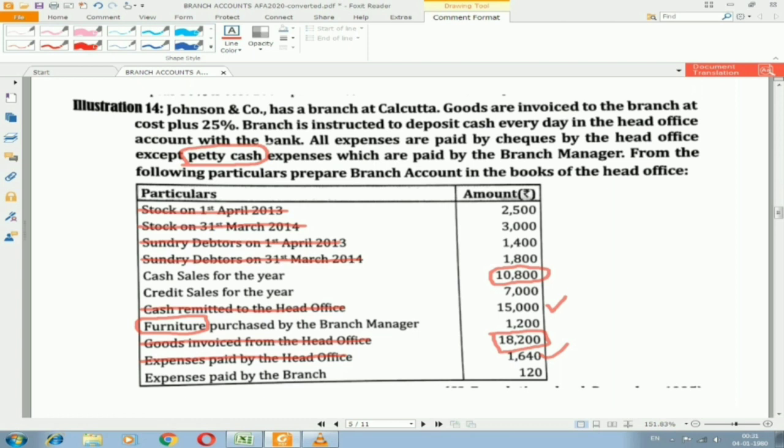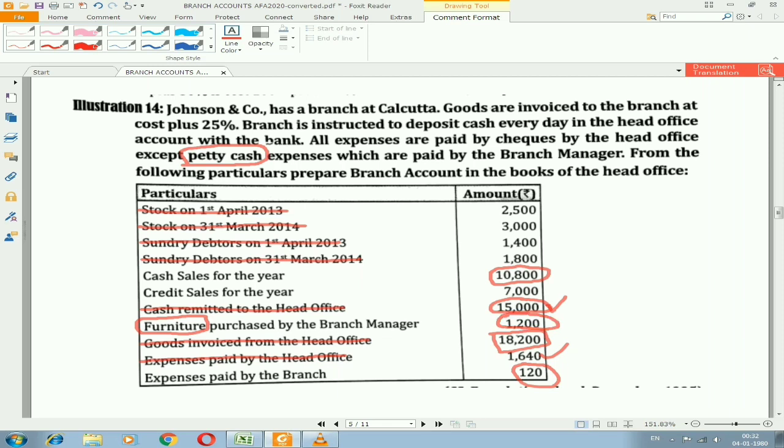From this income we need to deduct the expenditures incurred by the branch. Whatever expenditures are met by the branch, we need to minus, then we will get a closing balance of cash. So here 17,400, we are going to minus some of the expenditure. In the illustration we have one expenditure, that is the money sent to the head office. Whatever money is sent to the head office, that first we need to deduct, that is 15,000 we are going to deduct.